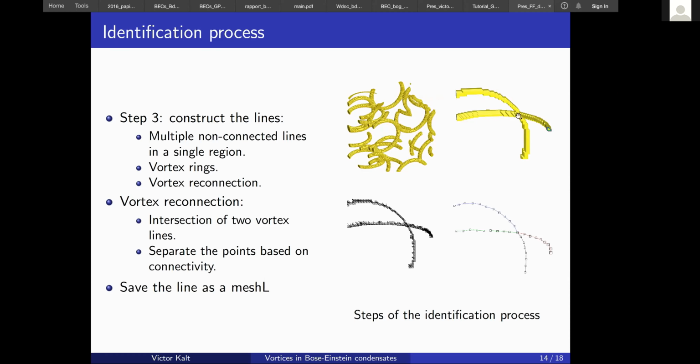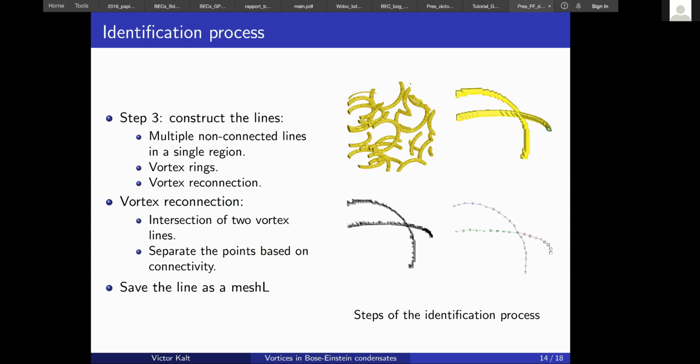So when two vortex lines are intersecting, it's quite difficult to say which branch goes with which branch. So what is done is that we consider that if a point has a connectivity higher than 2, then we separate all branches into separate vortex lines. This is done because when doing a time evolution, vortex lines can exchange branches after a vortex reconnection. So with this, it will correspond to the creation or destruction of vortex lines, but not to the exchange